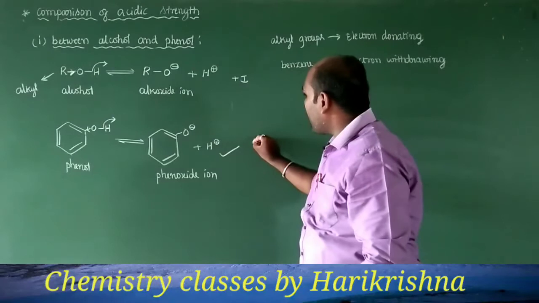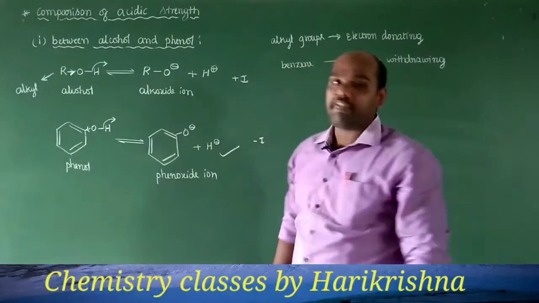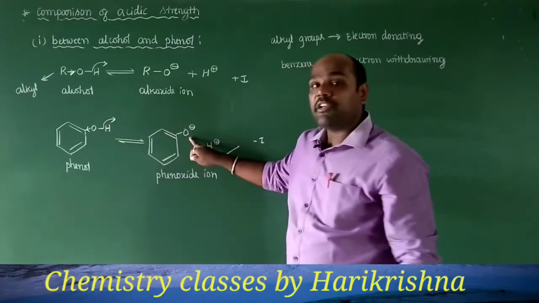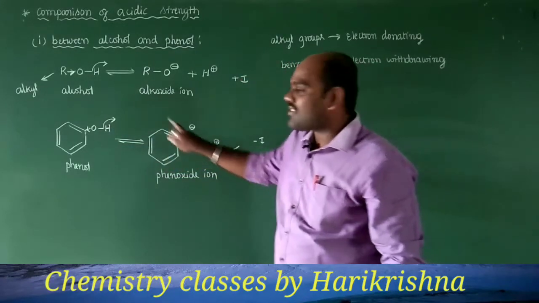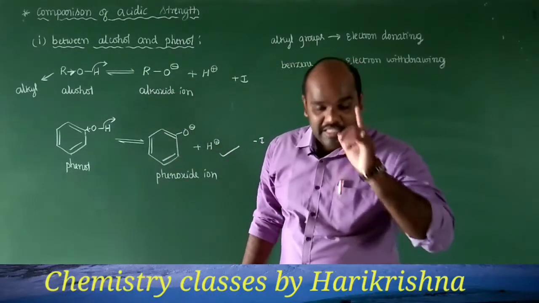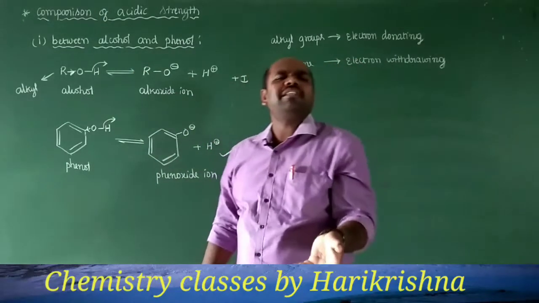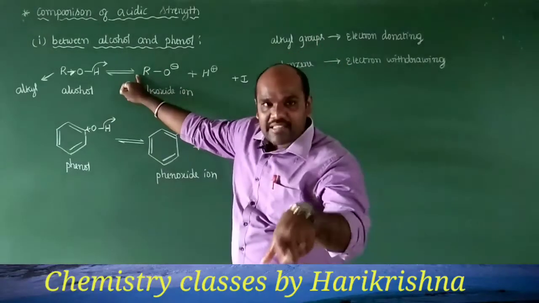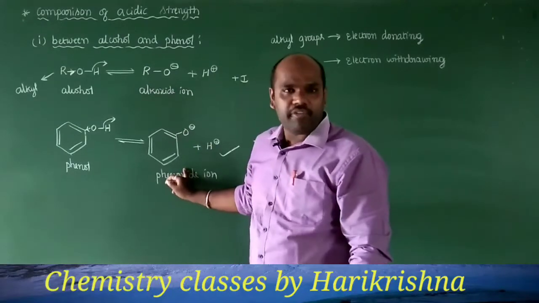So here we are observing minus I effect. Because of minus I effect, elimination of H plus is faster in case of phenol in comparison with alcohol. So with respect to all these things, we can say alcohols are less acidic in comparison with phenols,